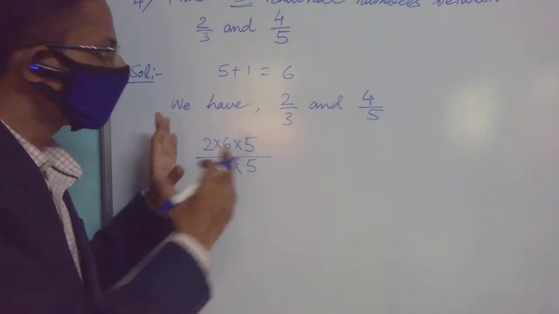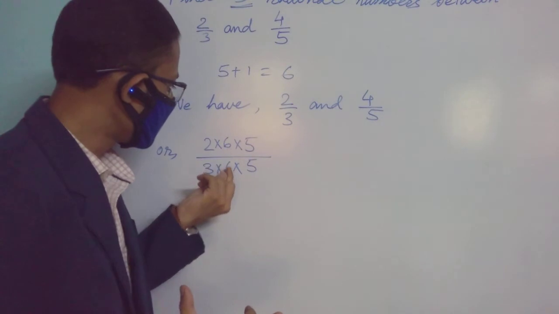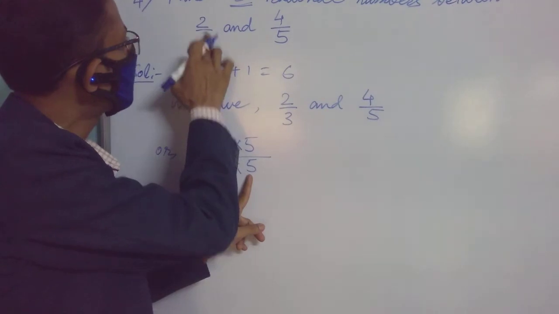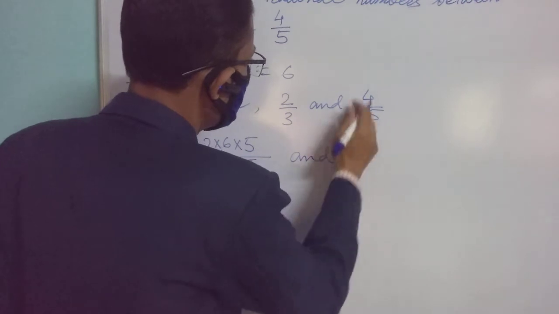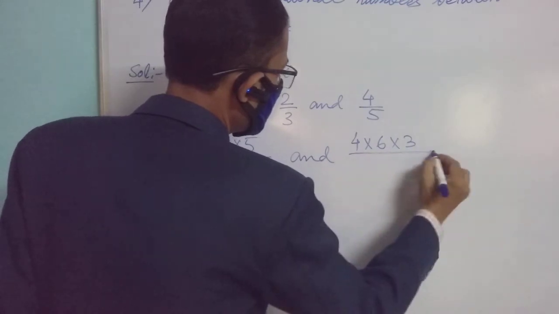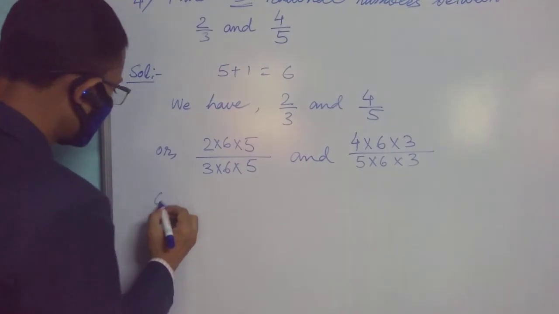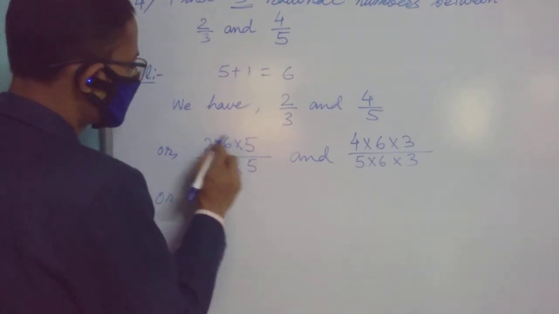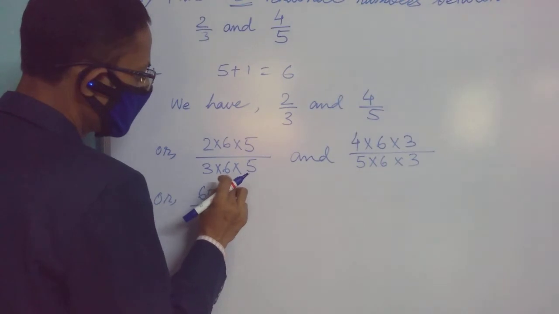So why we are writing this, I explained to you for so long. By now you understand why I am multiplying this by 6, because this 6 is from here, and this 5 is because I want to make the denominator equal in both the numbers. And so this 4 will be multiplied by 6 as well as by 3, and then 5 into 6 into 3, or 5 6 is 30, 3 2 is 60, 3 6 is 18, 18 5 is 90,